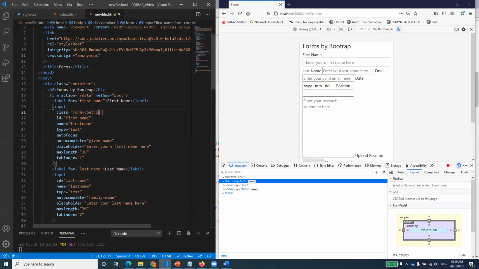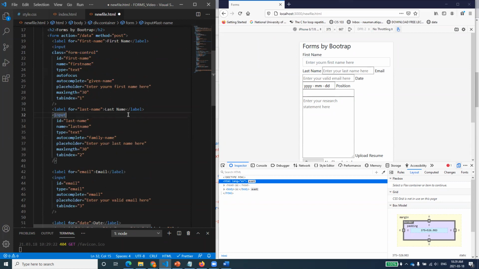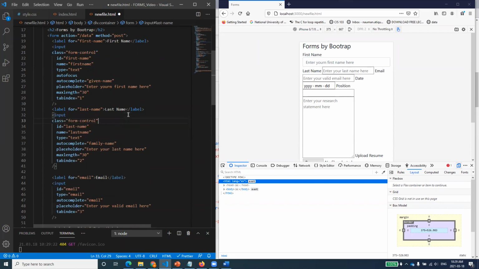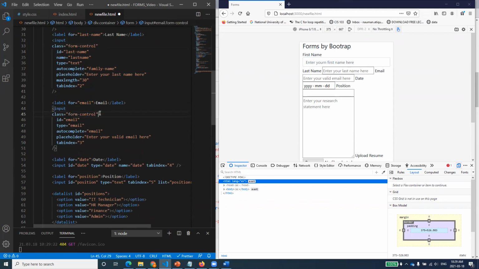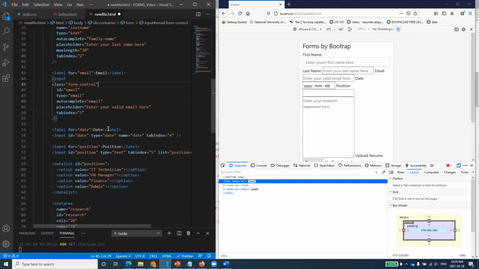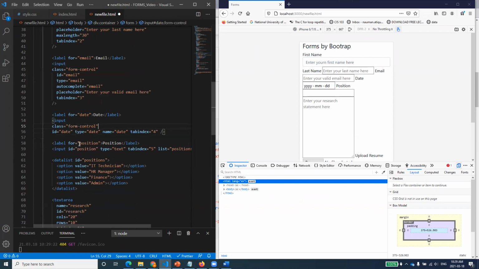Now I'll do this same for all input controls. I have to copy, not cut. I will just copy this one, go to the other control and do that with that one. Class is equal to form-control. For email, class is equal to form-control. For date, class is equal to form-control.